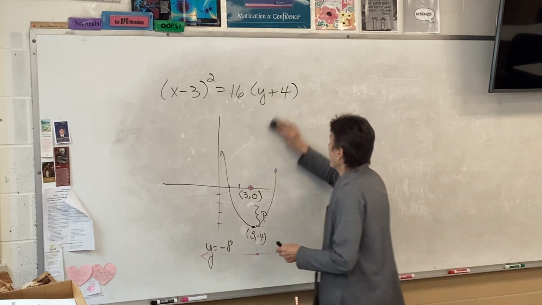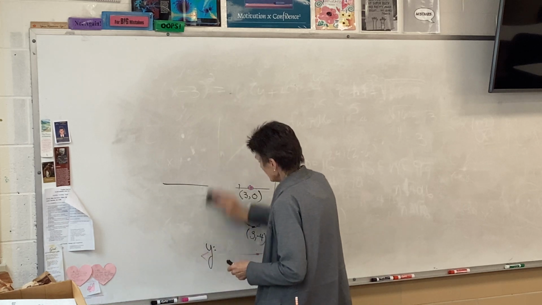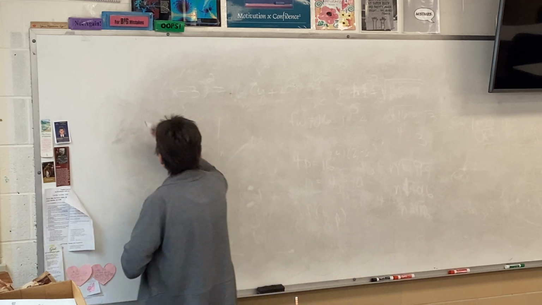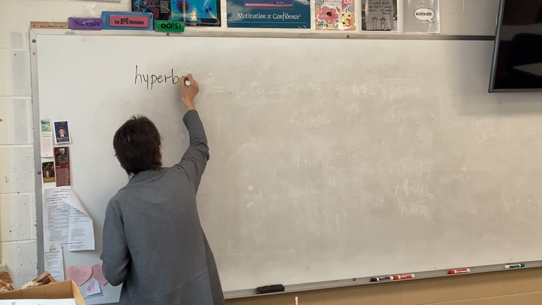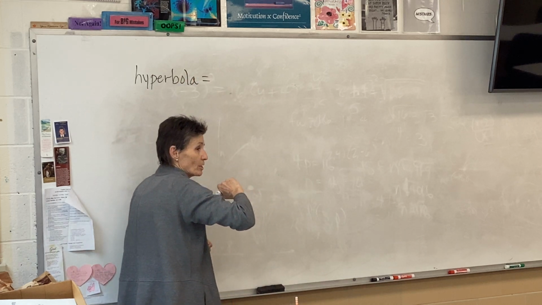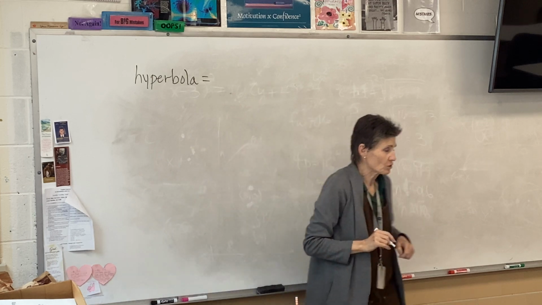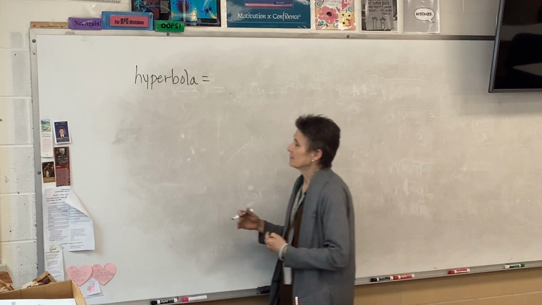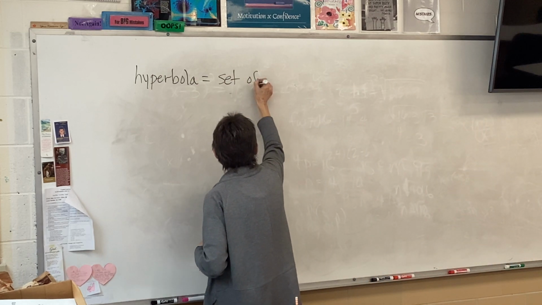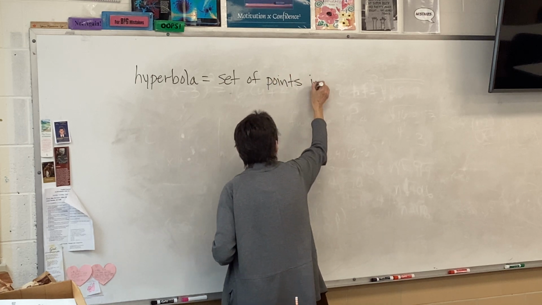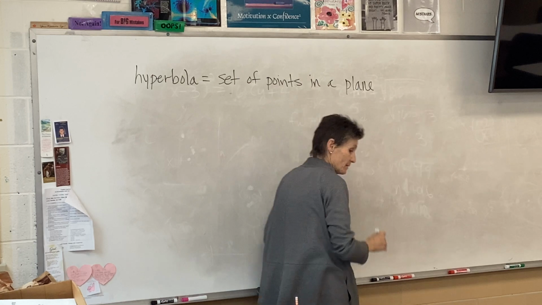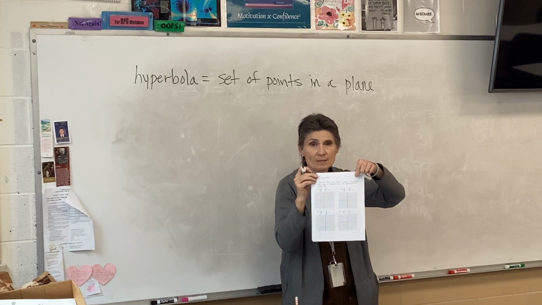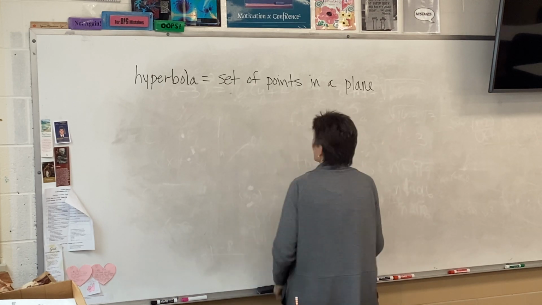Okay, now let's set that aside and let's get out our notes. And let's begin our last conic section, which is the hyperbola. The hyperbola. And we'll start like we always do, by a definition. I'm going to write this definition down, and then I wish you were here so you could tell me what you notice about it. The definition of a hyperbola: a set of points in a plane. All of our definitions start that way. Guys, it's right up here, the top of the notes. This is where we write our definitions, because we got to know them. So the set of points in a plane,